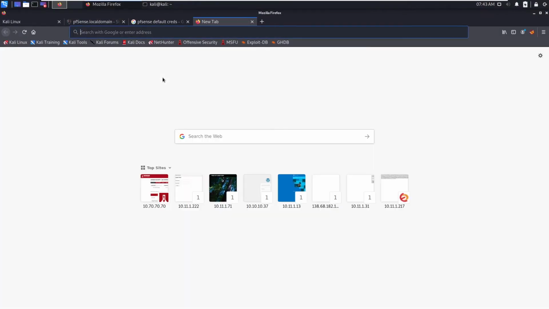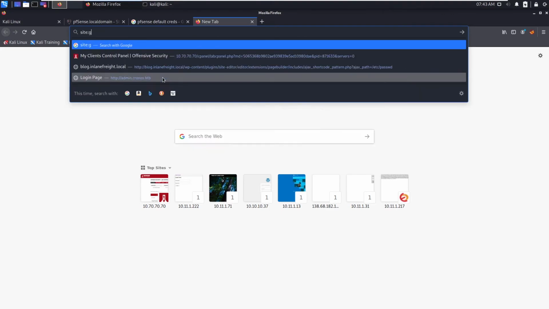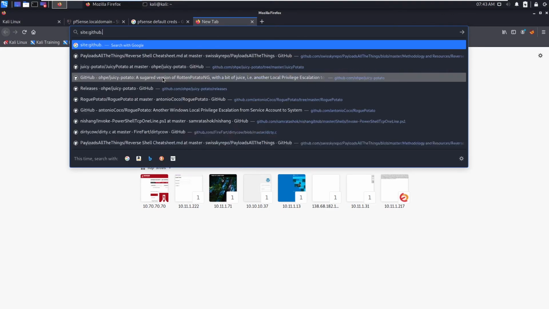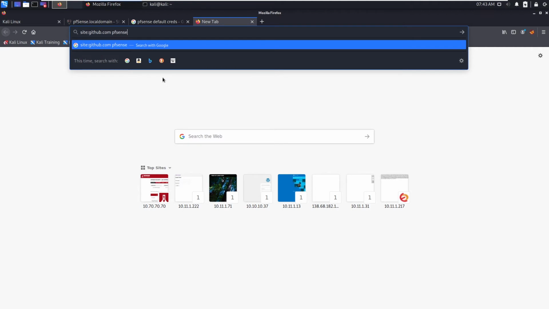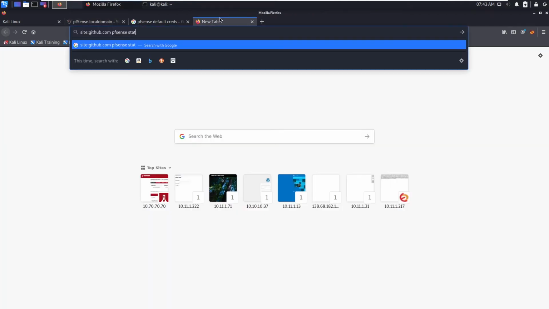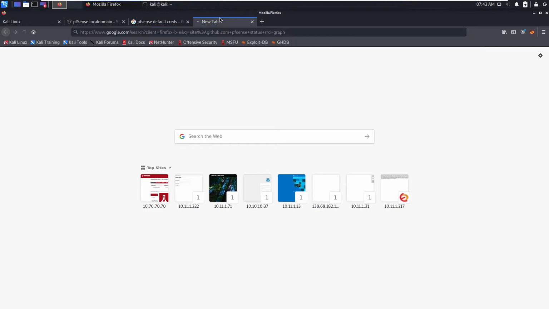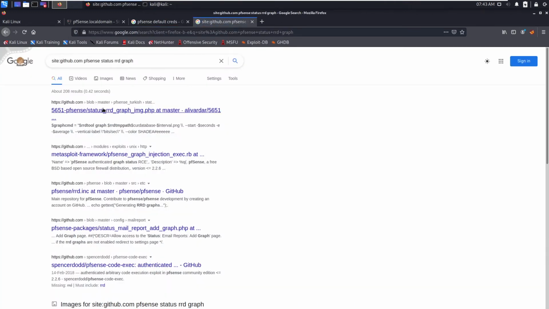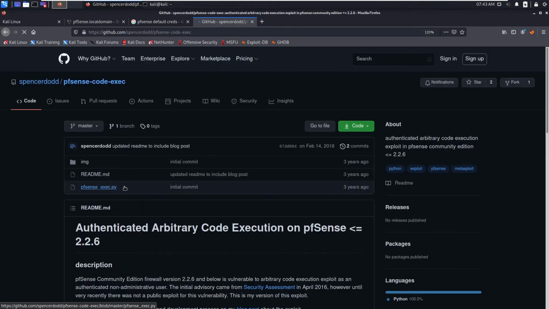So I searched site github.com for pfSense, status_rrd_graph_img. You can see this is the one that is successful, by Spencer Dodd, and you can download this one.